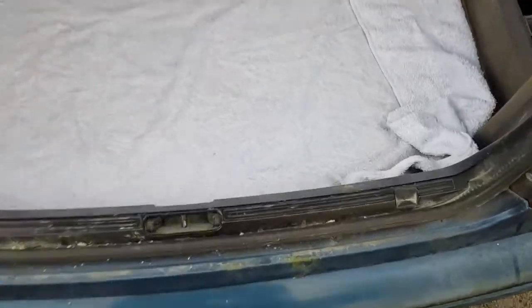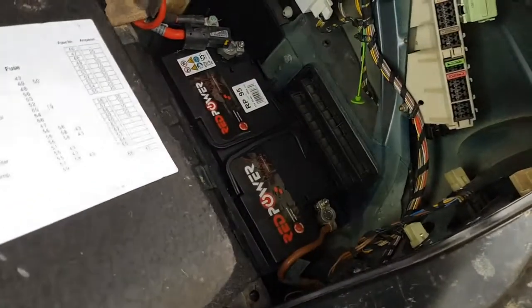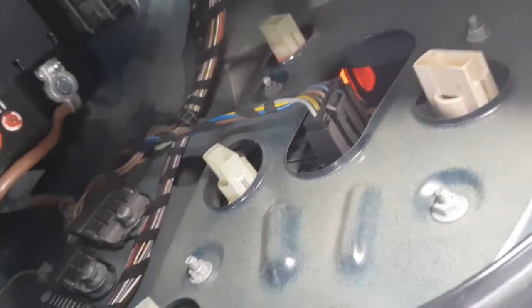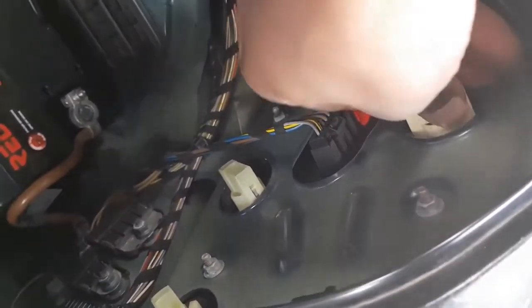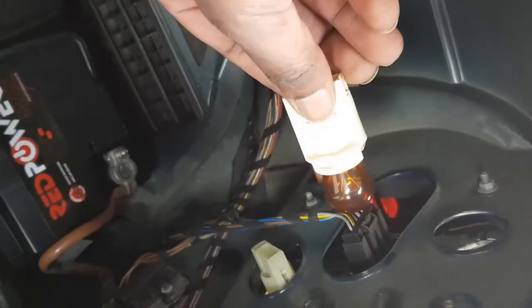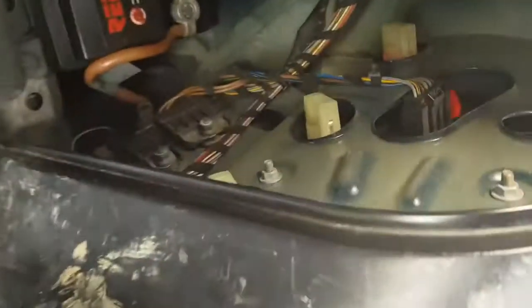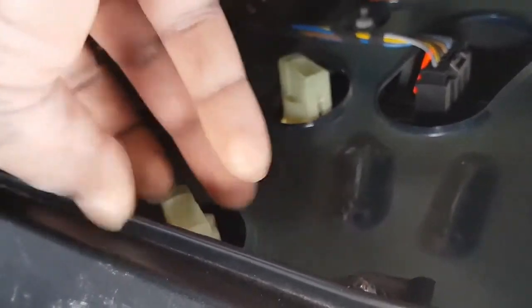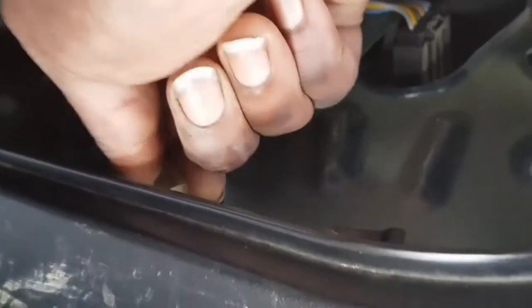So we're going to remove the rear tail lights and just drop this panel, and there are the tail lights. I believe what you do is turn this clockwise or anti-clockwise and pull it out. So that is at the top. We'll leave that there at the top, and then here's the next one. That'll be left,